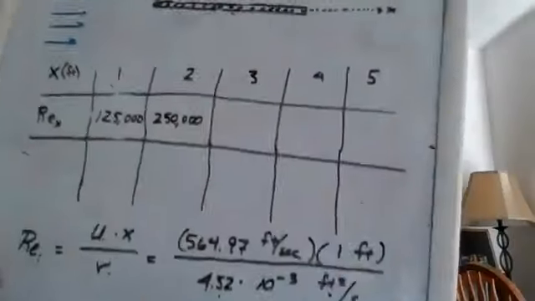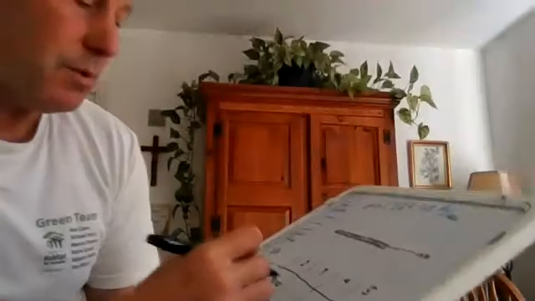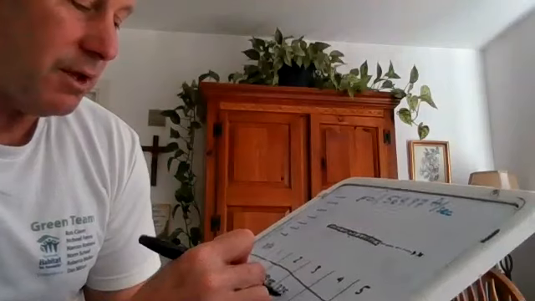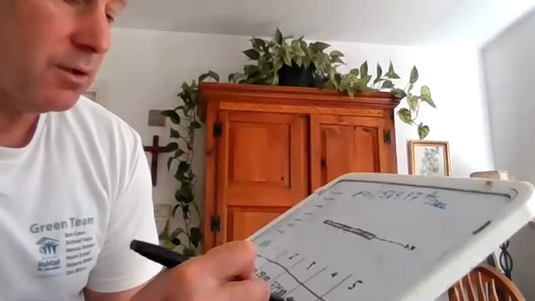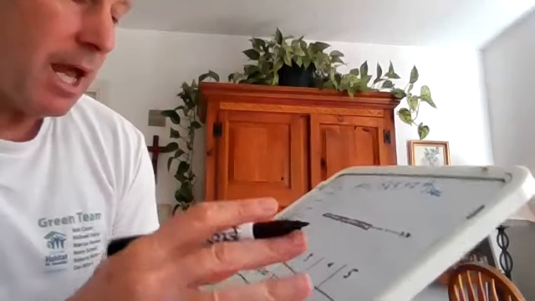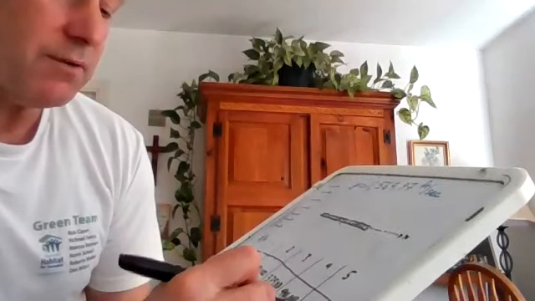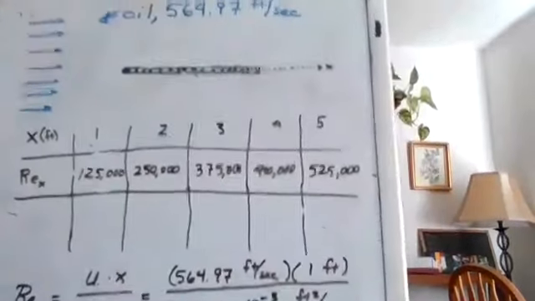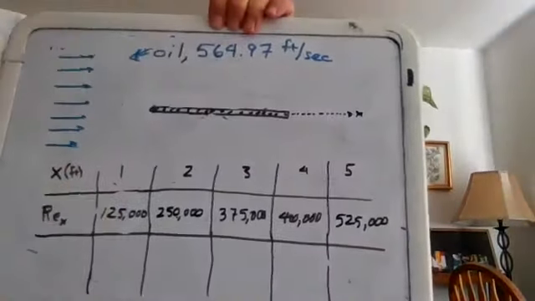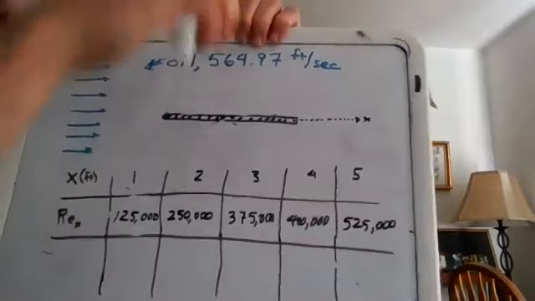Okay, and then at 3, it's going to be 375,000. And then at 4, it's going to be 400,000. Okay, and at 5, it's going to be 525,000. Okay, so we have a case here where the flow actually, if we were to put markers on here,